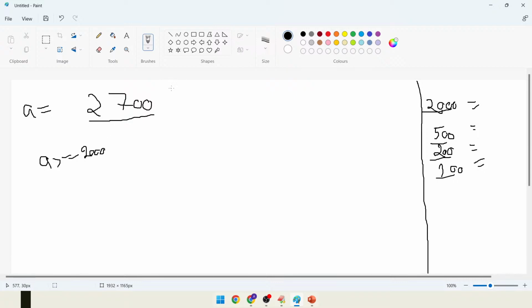If my amount is less than 2000, can I get 2000 notes? No, right? Assume my entered amount is 1500. Will it be possible to give a 2000 note? No, right? So I need to check the condition: entered amount is greater than or equal to 2000. If so, at that time only execute this part. The condition comes into the if block, and it will give that amount